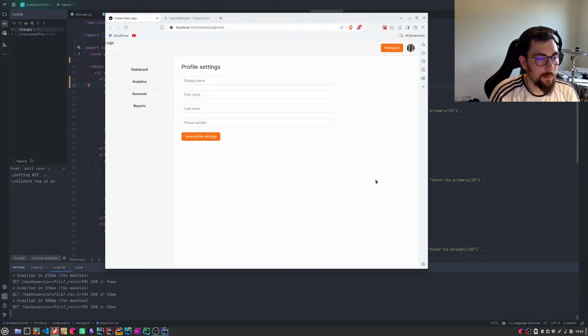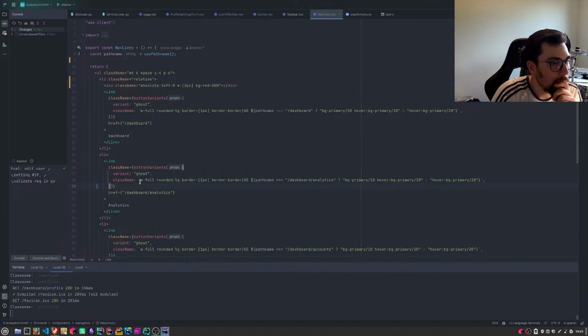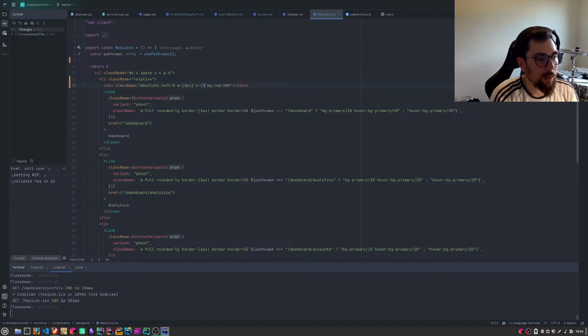Where is my thingy? Here it is. So that sucks. I don't see it. With 2. I guess I have to set up the height. Height full.